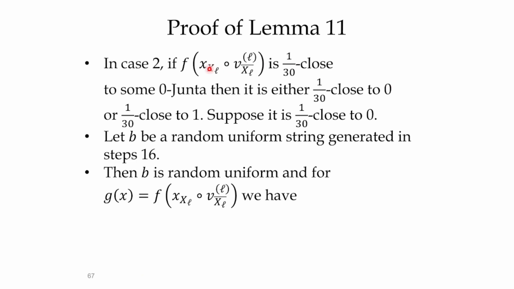Okay, case 2. If the function is 1/30-close to some 0-junta, then it is either 1/30-close to 0 or 1/30-close to 1. Suppose it is 1/30-close to 1. Let B be a random uniform string generated in step 16, then B is random uniform, and for g of x equals f of x subscript capital X concatenated with V subscript capital X L bar powered by L, we have